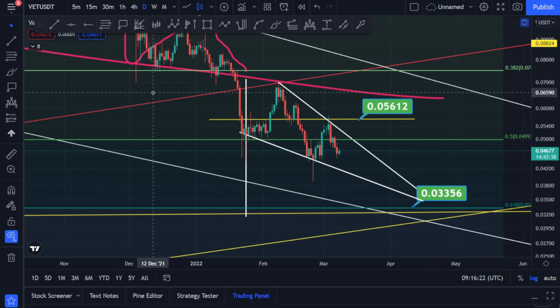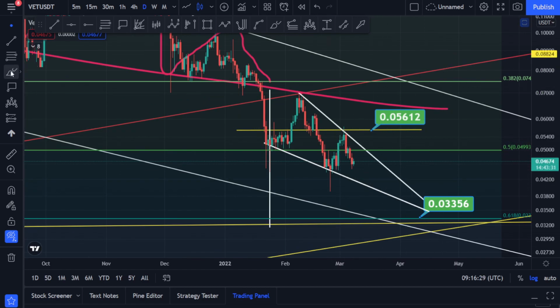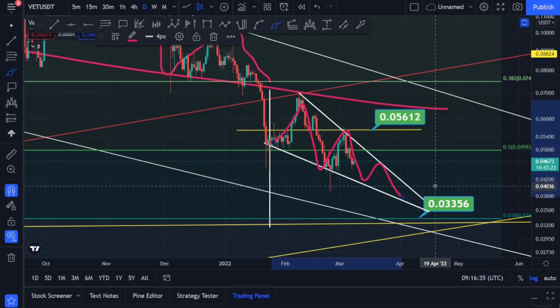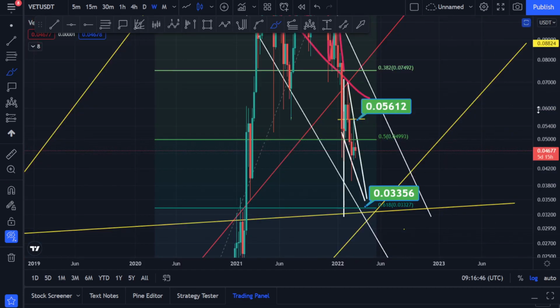In the long term I'm really bullish on VeChain, but I have to respect these targets that they give. Look at this. Maybe it can do something like this, but if Bitcoin makes a reversal again, like I'm telling you, it can take not even minutes. It can break this resistance. We just have to watch what Bitcoin does.